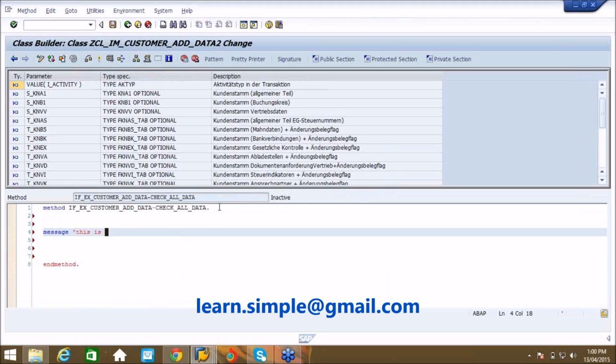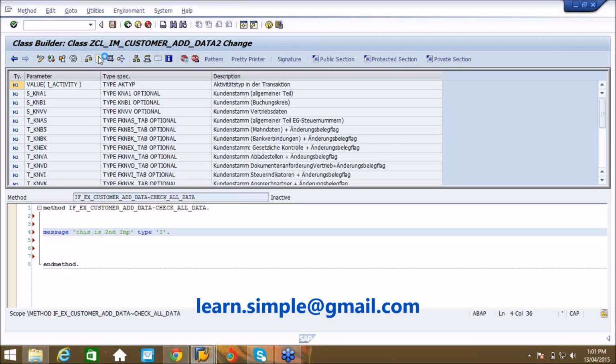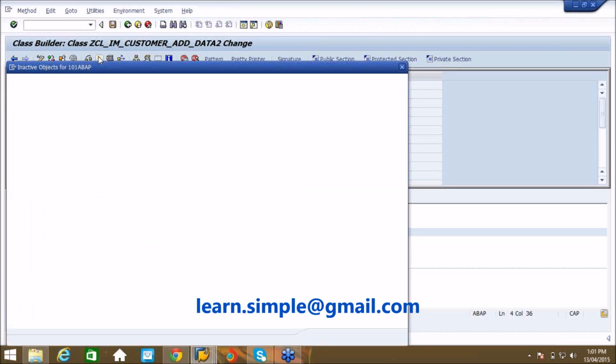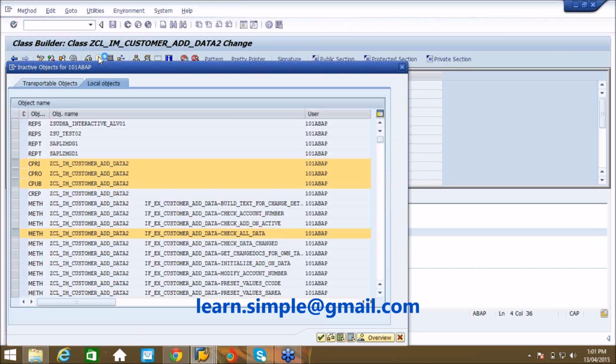This is second implementation. Type I. So activate this. So now our method is active.